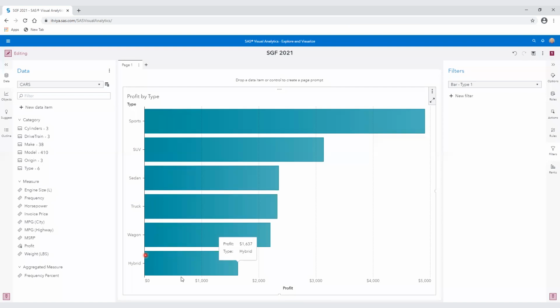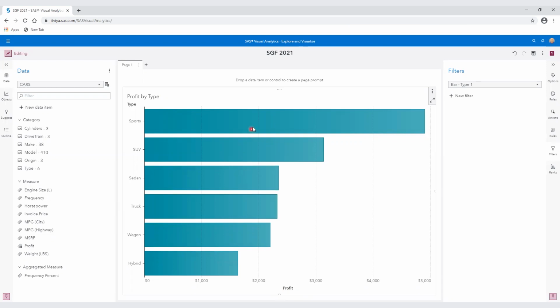And you can see the profit of each, okay? The average profit on each one, okay? Now, remember, profit was something that I calculated earlier, okay? And that is the measure that's appearing here.